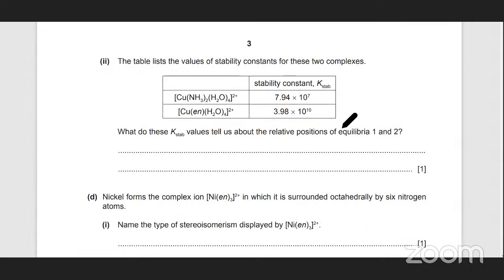Next one is, you're given stability constants for the two complexes. What do these K stability values tell us about the relative position of Equilibria 1 and Equilibria 2? So the second one, for Cu(en)(H2O)4, that's higher. So what does higher mean? Stability constant is basically an equilibrium constant. Equilibrium constants are products concentration divided by reactant